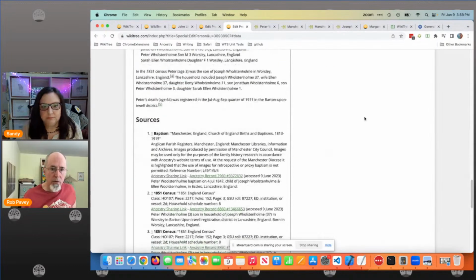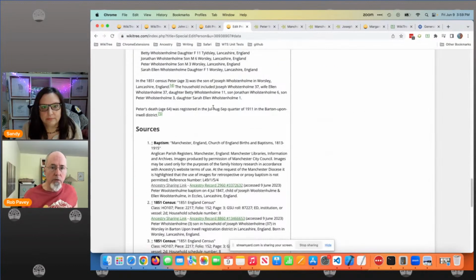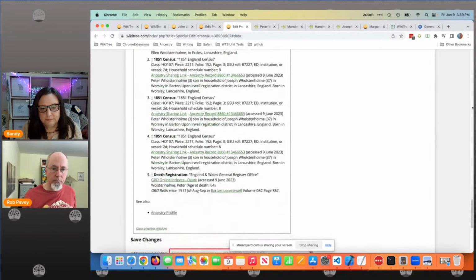Preview, and you can see it says Peter's death was registered in this quarter, 1911, in this district. And it puts his death registration there. I actually spent a lot of time, I don't know if it was really necessary, but for every district, if you want to know what county Barton upon Irwell is in, GRO doesn't tell you, but if you click on that,